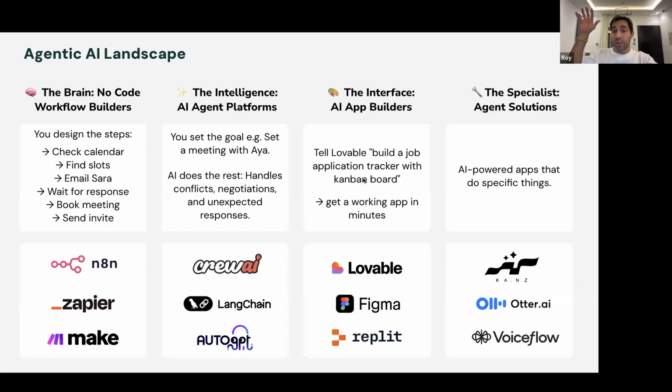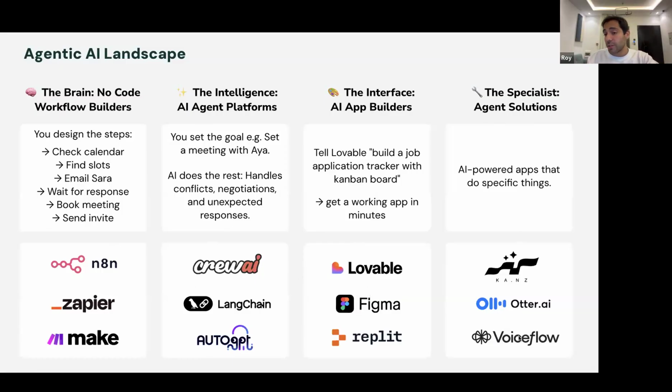Then you've got the app builders. So the interface, the front end that you could use. And so basically you can give it a prompt and it'll design the whole thing for you. And khalas, you don't need to build a website anymore. So this then becomes the front end, and that is what's in the back end. One is pure workflow, and the second is the intelligence layer.